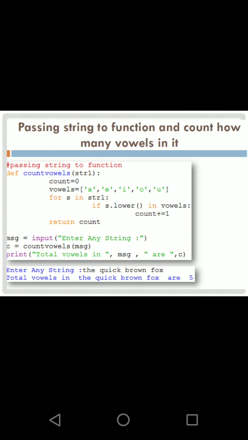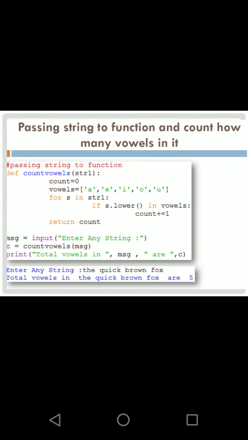See, this is a function to count the vowels in the string you are passing. If we start from the main function, there is a string named message. The message will be given the string that you are giving through the keyboard, and you are calling the function count vowels, and what you are giving inside is msg, which is the string that you have created. Now that is being passed, and that is actually copied to the string str1. You can see the function, the parameter is str1. The message that you are entering through the keyboard is actually copied to str1, and